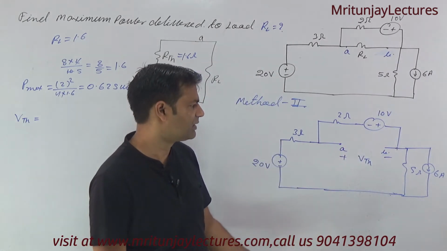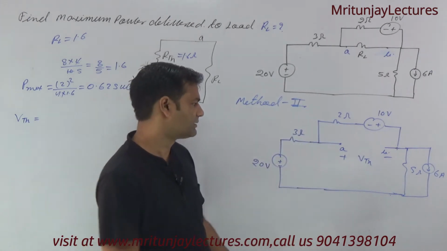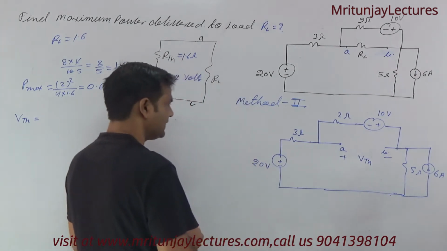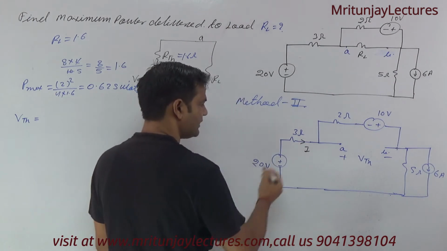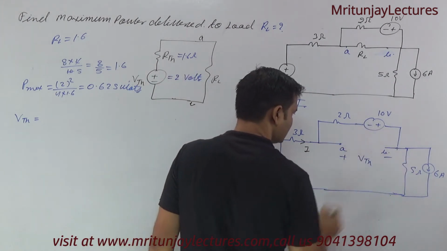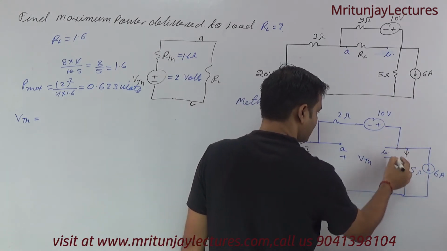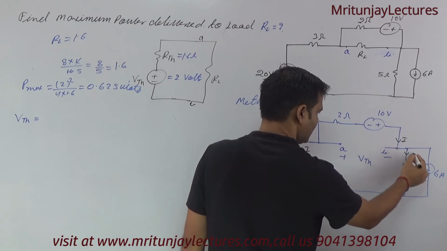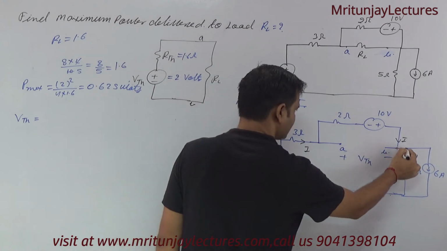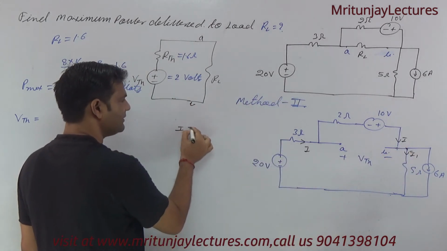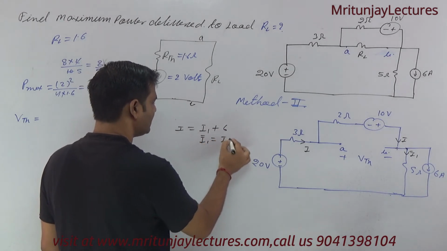Okay. So very simple. How can we determine current in this loop? Suppose that, let us consider that is current I. Current I flows from here. Now at that terminal, current I, suppose that is I1. Apply KCL at this node. Incoming current I, outgoing I1 plus 6. So I1 is equal to I minus 6 ampere.